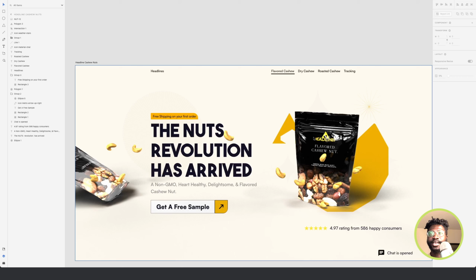And if you don't know, XD is a design tool made by Adobe. So if you have the full Adobe plan, you might have this also in your plan. You can check it out. It's really an amazing tool. You can use it to design prototypes, wireframes, and so on. I know that recently Elementor released a wireframe feature. I haven't tried it yet, but XD is good. And if you're looking to create designs, you can start from here. So without wasting much time again,